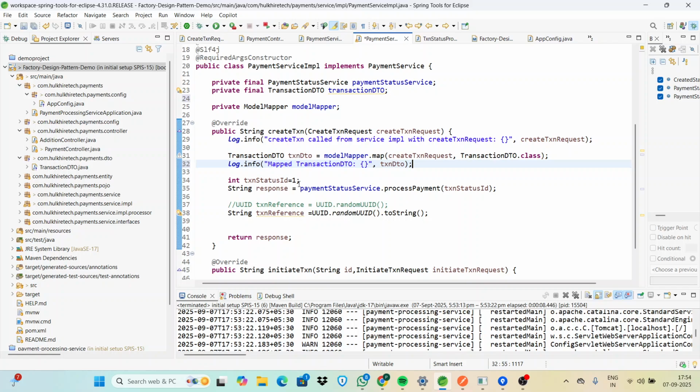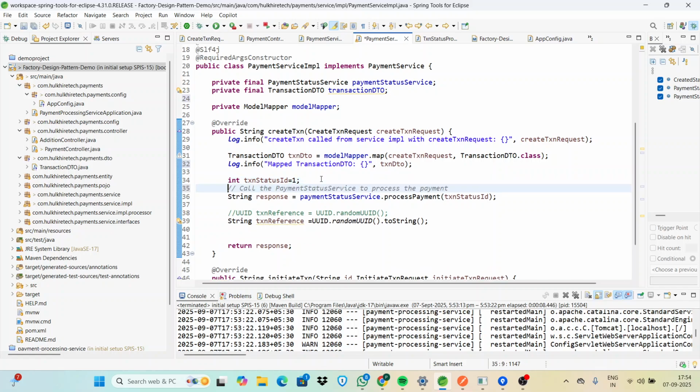Okay, status ID is 1, and here I'm setting the transaction, the object of the transaction DTO. Yes, I have used this transaction DTO here. Okay, let's save it,